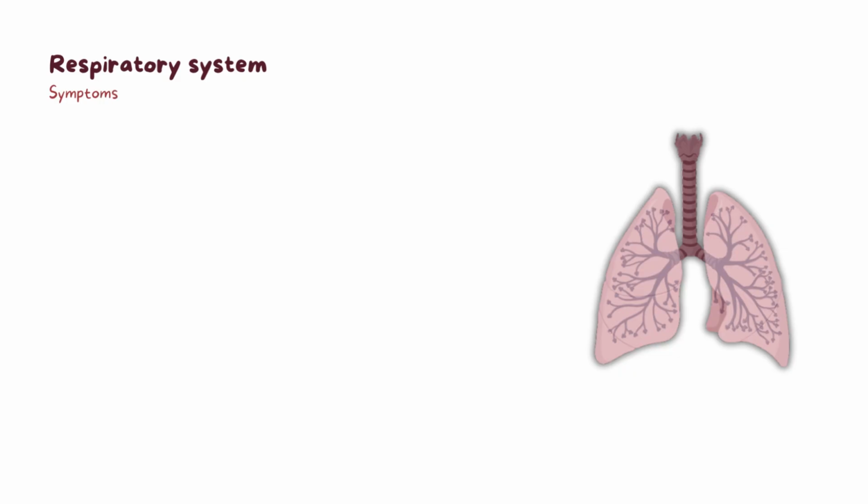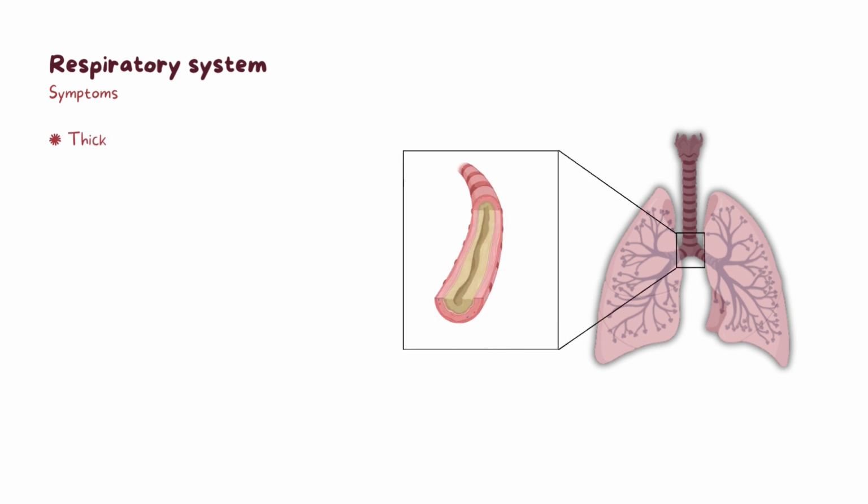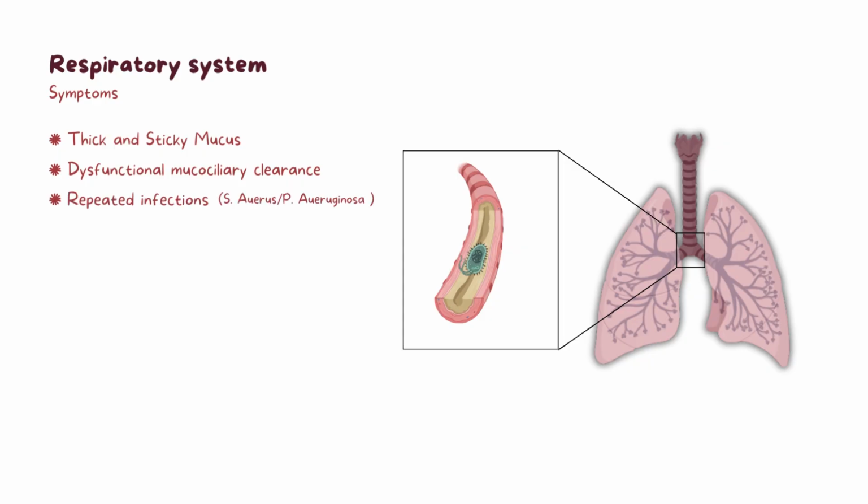The lungs are the most affected organs in cystic fibrosis. When CFTR function is lost, chloride and water cannot move properly into the airway secretion. This makes the mucus that lines the airways thick and sticky, blocking small passages and preventing effective mucociliary clearance. This environment also traps bacteria, leading to repetitive respiratory infections, often with Staphylococcus aureus in children and Pseudomonas aeruginosa in